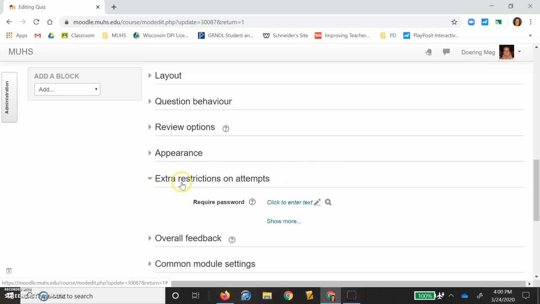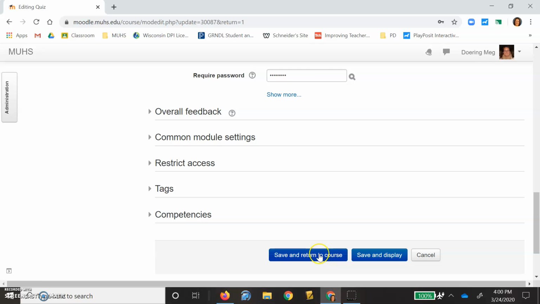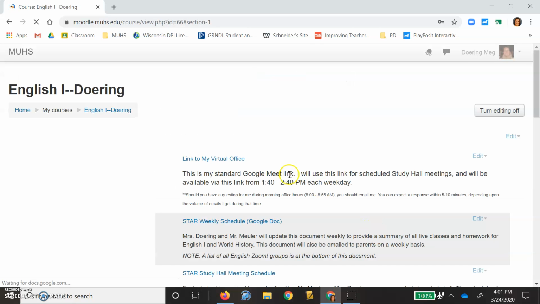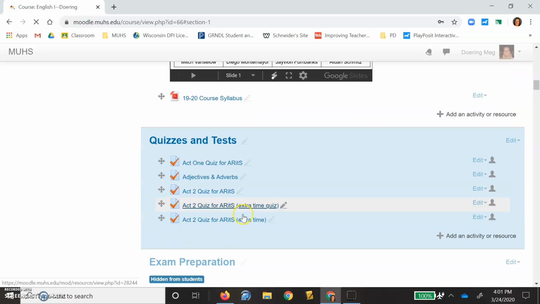What I would do is click this and put a password in here. So I'm going to require a password for students to take this version of the quiz. And I'm going to be silly and just give it a poorly spelled extra time password. And I will email that out to the students that get the extra time accommodation in my class. So I can save this and return to the course, and you will see that I have now